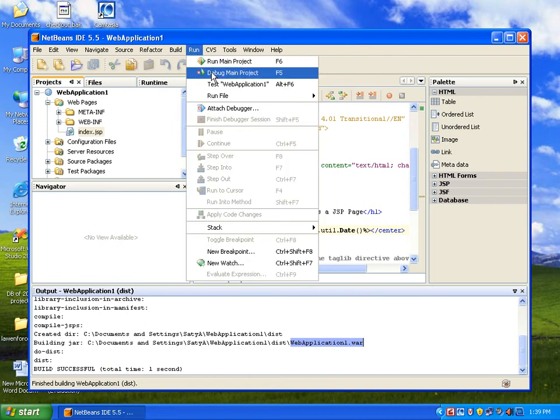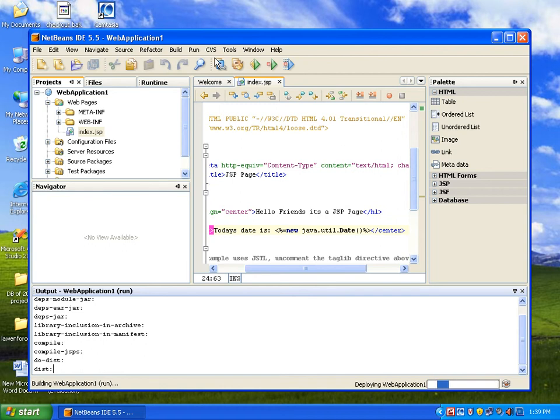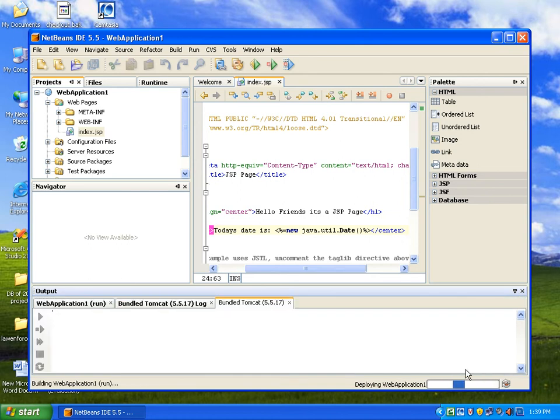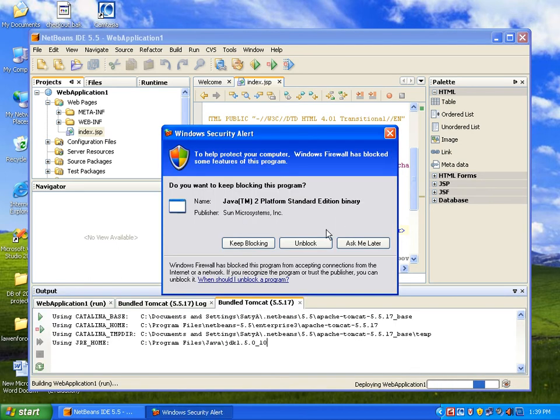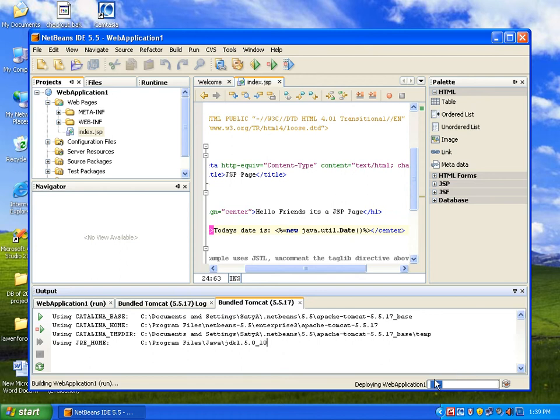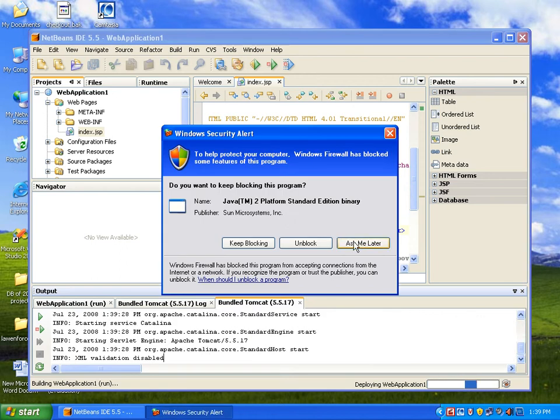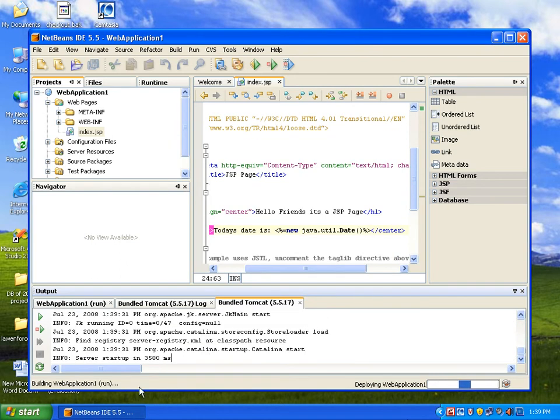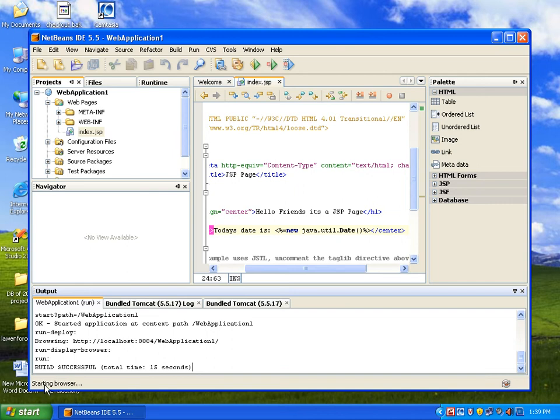To run a file, you simply click F6 or come to run menu, and click run main project. See, automatically it will deploy in our Apache Tomcat server, and automatically it opens our web browser, and automatically URL will be typed. See, starting web browser.